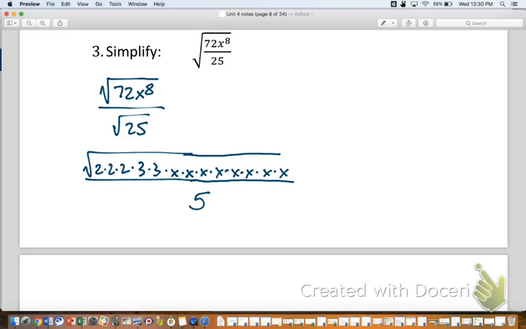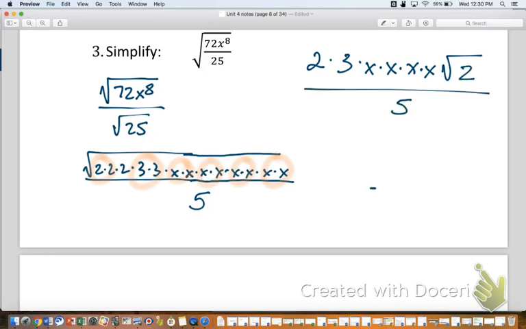So anyway, you got some pairs here. You got 2 2s, you got 2 3s, and you got a bunch of pairs of x's, in fact, 4 of them. So in the numerator, we'd have a 2 that came out, we'd have a 3 that came out, we'd have 4 x's that came out. What's the lone leftover inside the radical? A poor number 2 got stuck in the radical. So sad. And the 5, of course, is down there in the denominator. So maybe a final answer of 6x to the 4th root 2